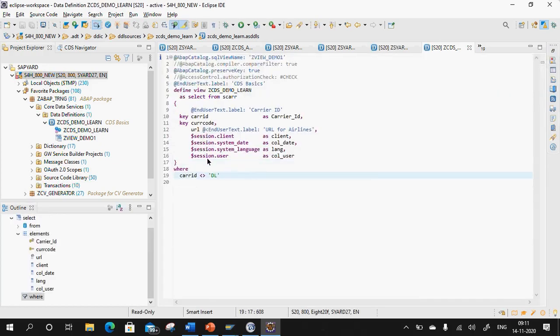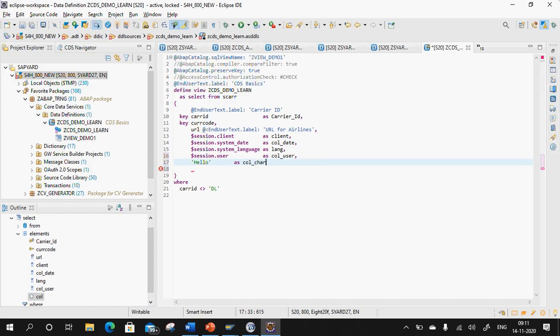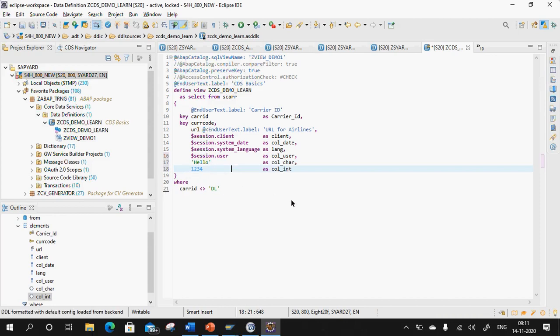Also you can give a character and a number literal for the same. So what I mean is, if I give here hello as your column_char, and I give a number as 1234 as column_int, okay, and Shift+F1, Ctrl+F3.